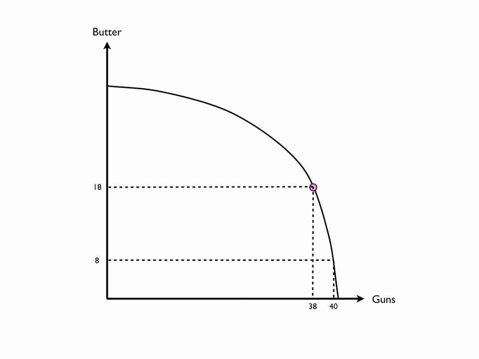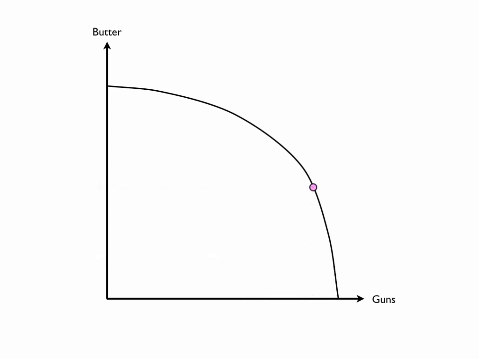And why this is the case is what we've done is we've shifted. If we're down at 8 units of butter and 40 units of guns, we've shifted a lot of workers who are very, very adept at producing butter and moved them into the factories to produce guns. They may not be as good at producing guns. We're also going to have diminishing marginal product of labor, which is going to reduce the amount of guns that can be made as we add more workers to a fixed amount of capital. And therefore, we say the marginal cost is going to be greater.